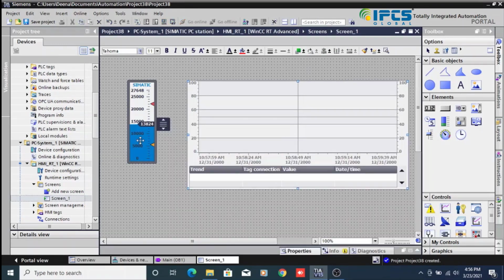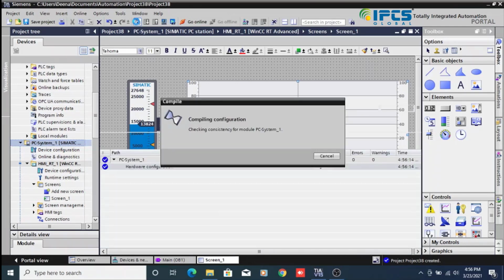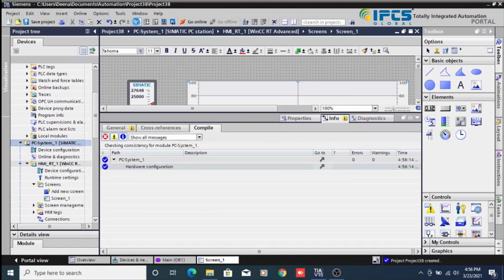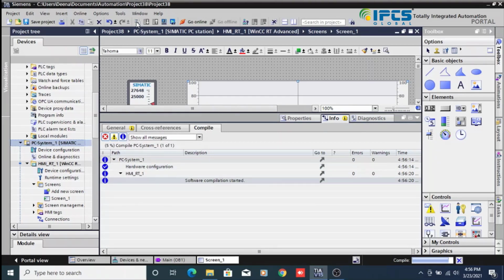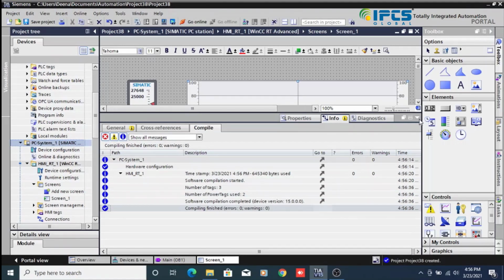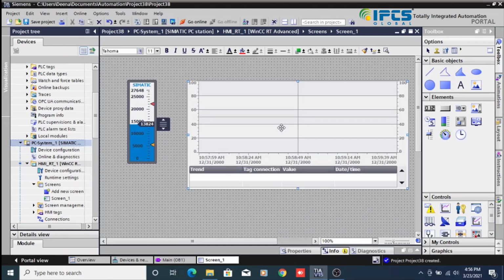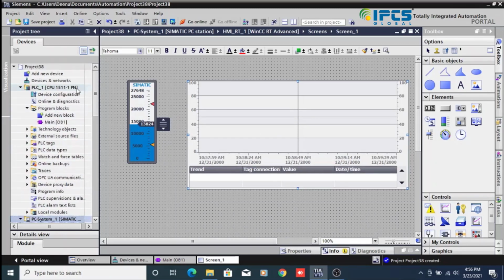After the tagging is over I am going to compile my screen. After the compile is over, then I am going to simulate my PLC program.